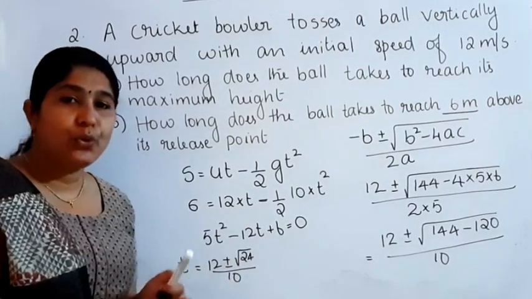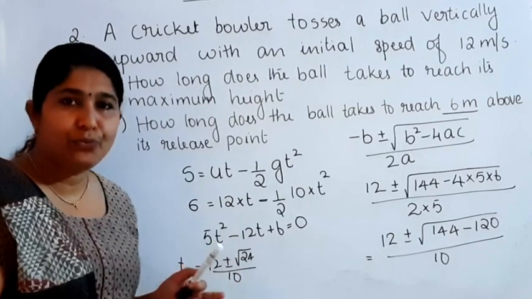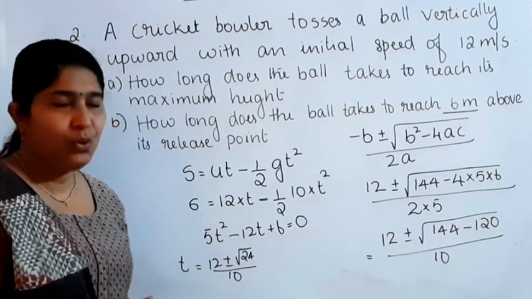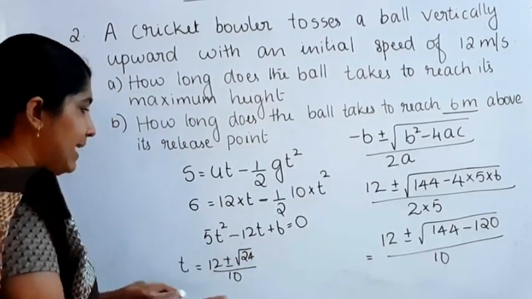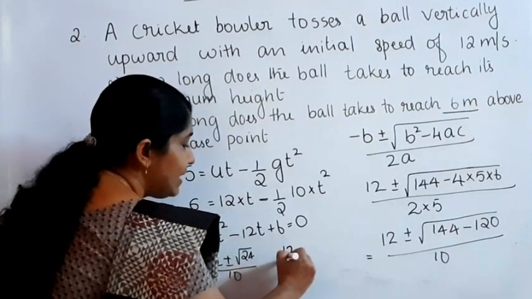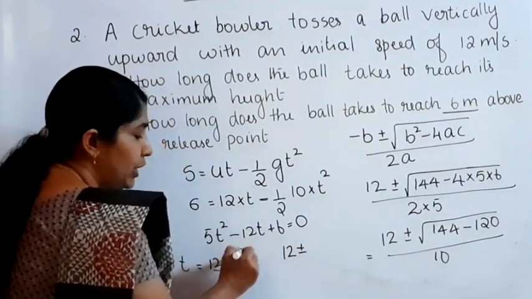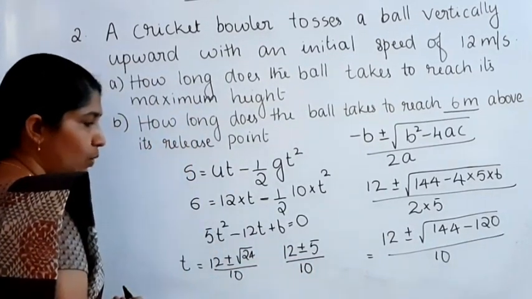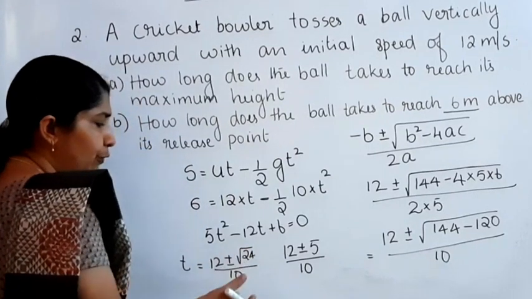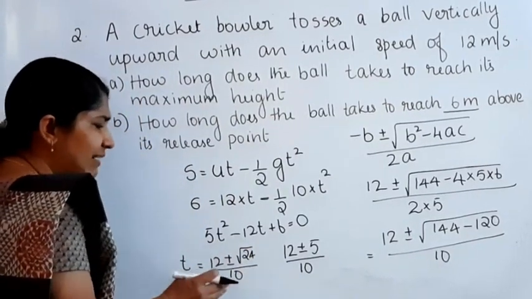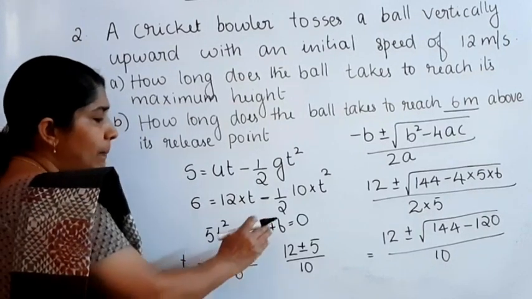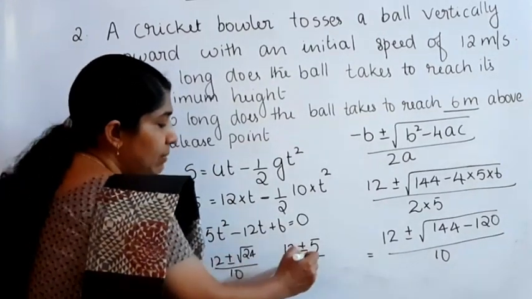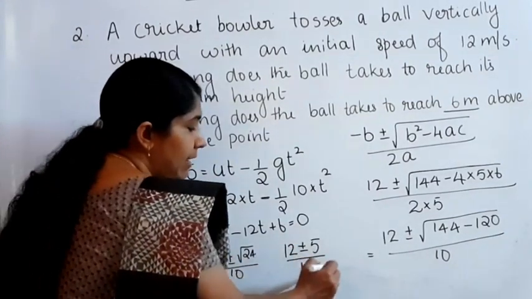We know that root of 25 is equal to 5. Then root of 24 is approximately taken as 5. So 12 plus or minus 5 divided by 10. Now we got two answers. 12 plus 5 divided by 10, that is 17 by 10,